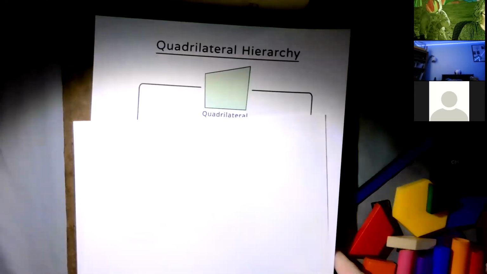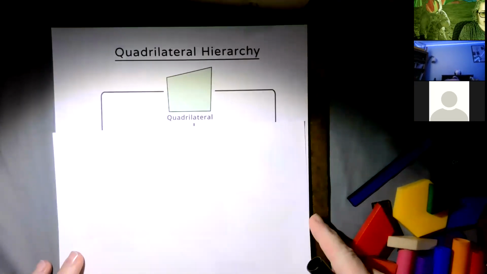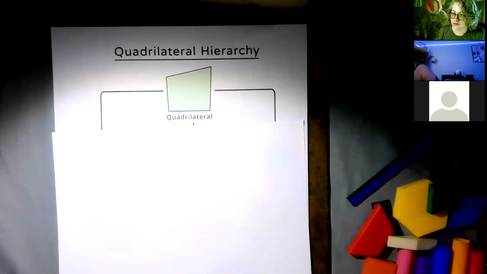Now, what is it that you call any shape that has four sides? What do we call any shape that has four sides? Quadrilateral. A quadrilateral. Okay. I've got this thing that's called a quadrilateral